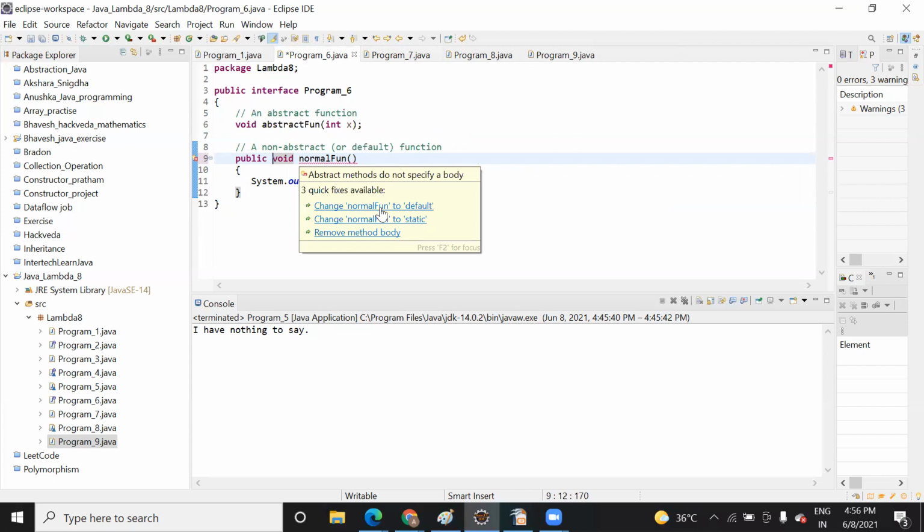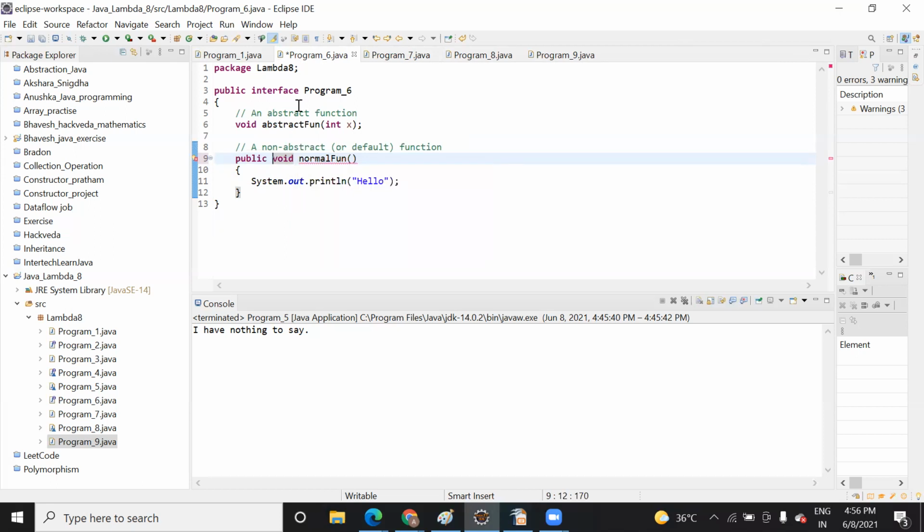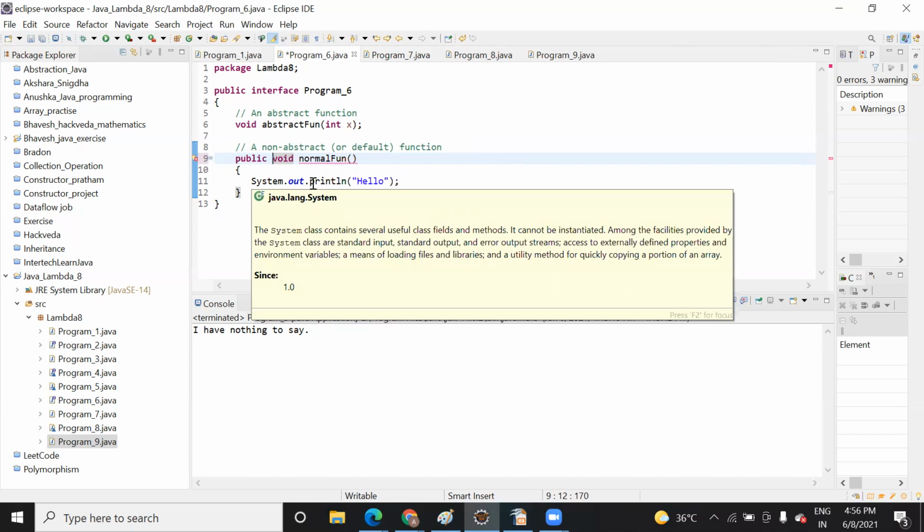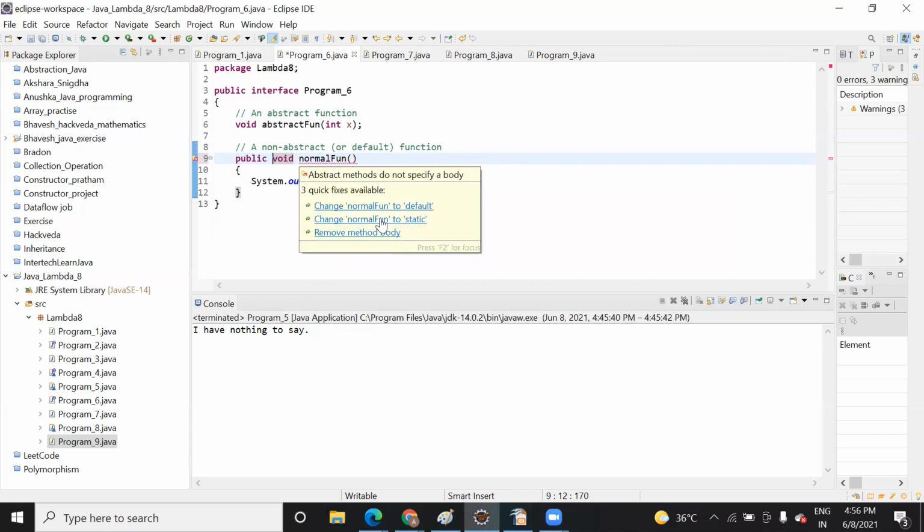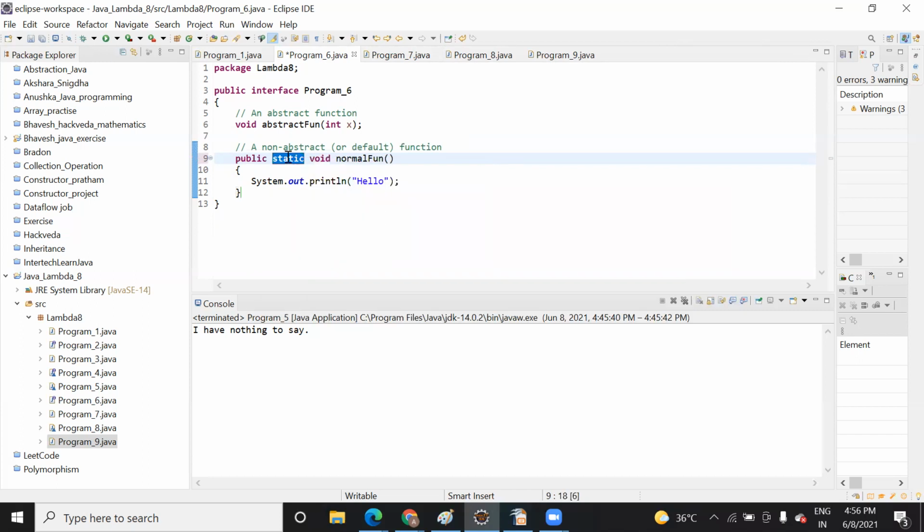No. Change normal function to default, static or remove method body. Static. Static in the sense this method will belong to this interface itself. Okay, let me change it to this. But static doesn't mean that it should be... no, static doesn't mean that, but static...